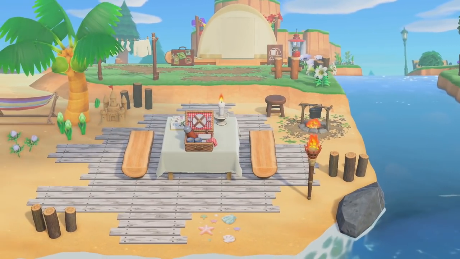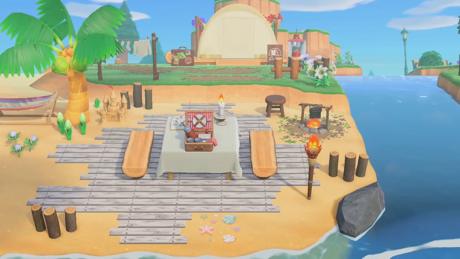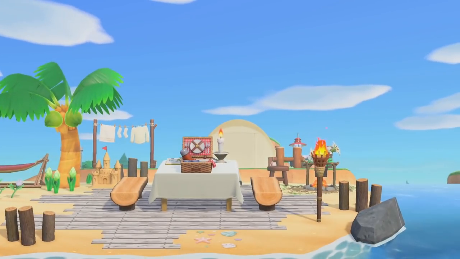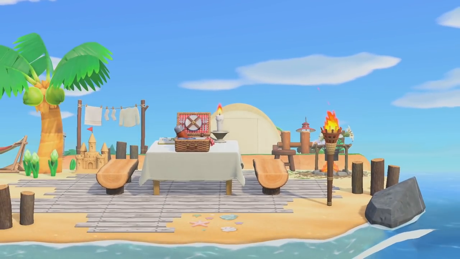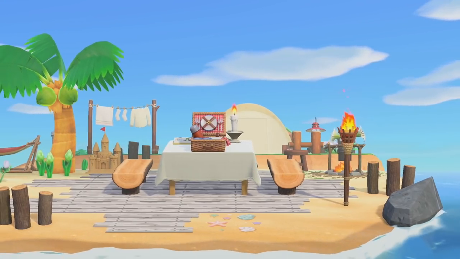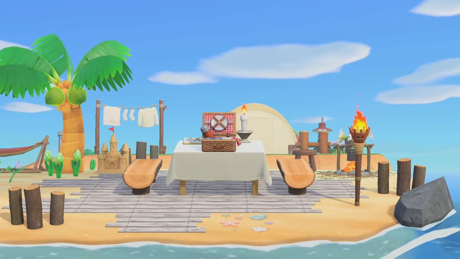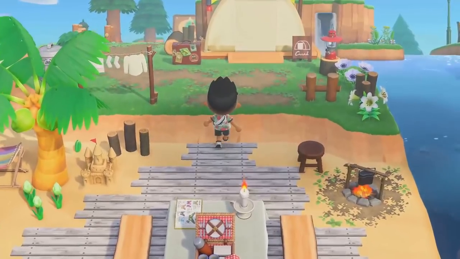But the thing with this shot that I don't really like is that everything seems way too far away, and even from down here, even though you place the picnic table more in the foreground, it means that the tent in the background takes up not too much room, and it is kind of an afterthought. So for me, a better shot would be to stand up here instead, get a little bit